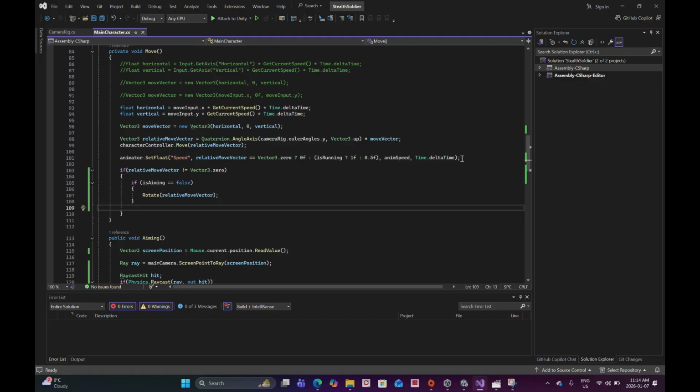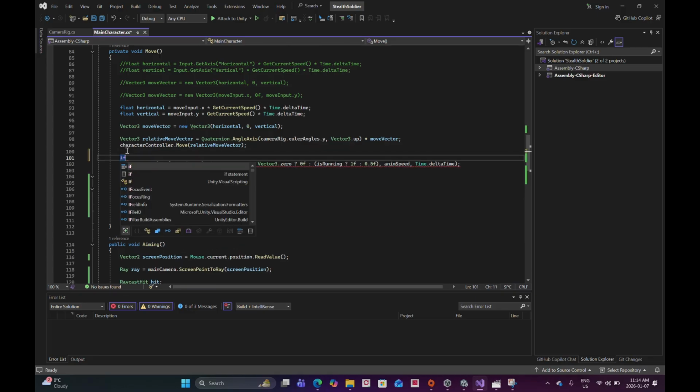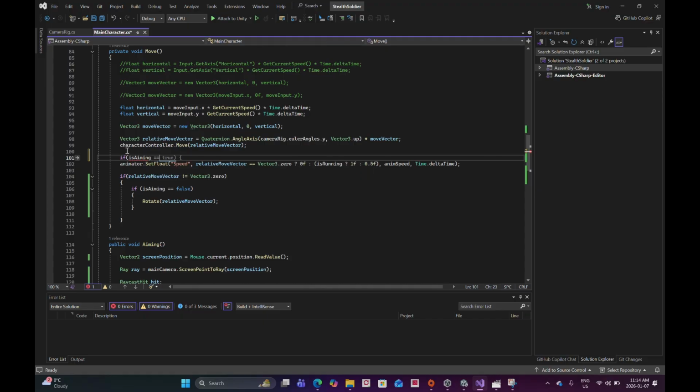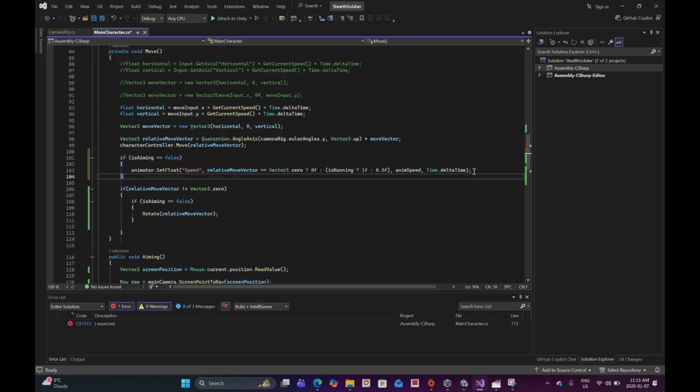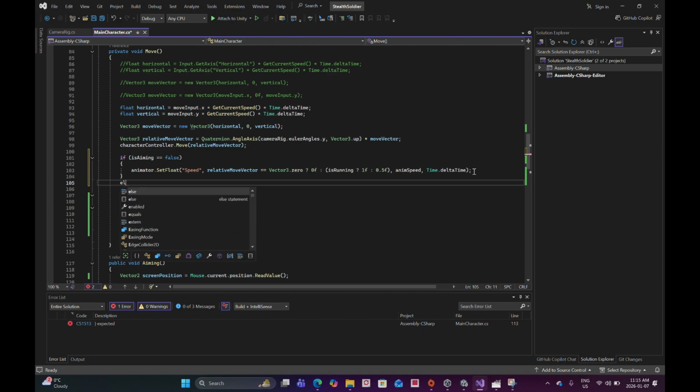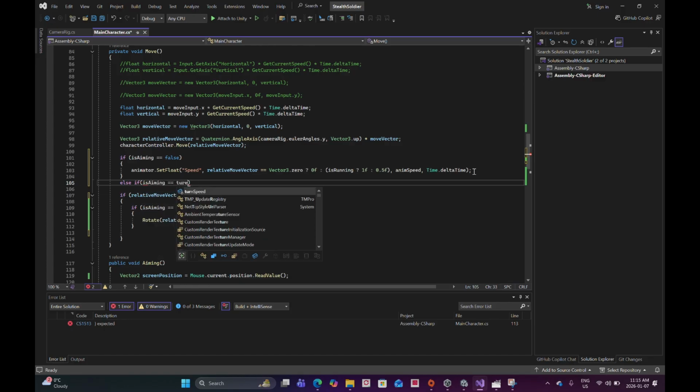So first, before I work on the real meat of this, I'm going to set up the basic animation first. So right now, this is the animation that happens when he's not aiming. So if is aiming equals false, do this animation. Else if is aiming equals true,